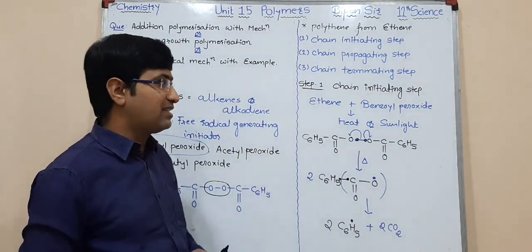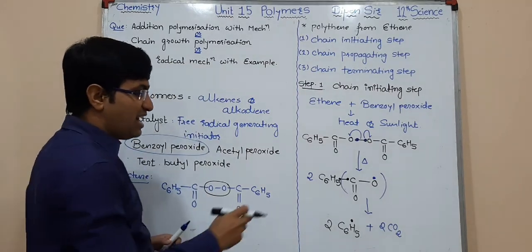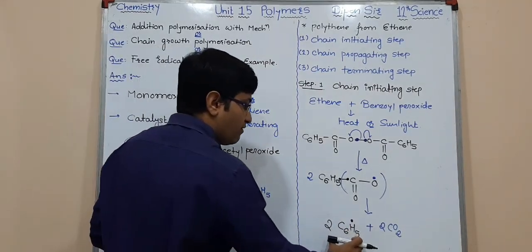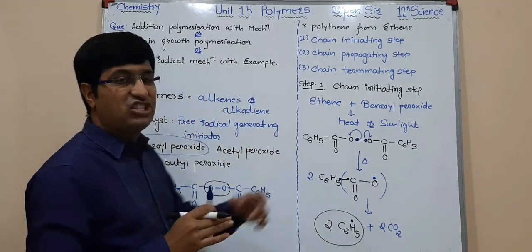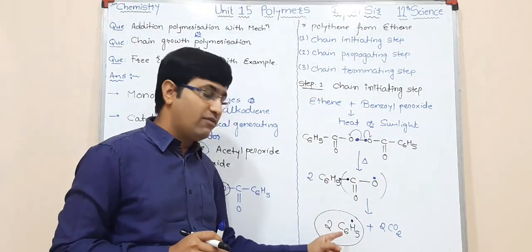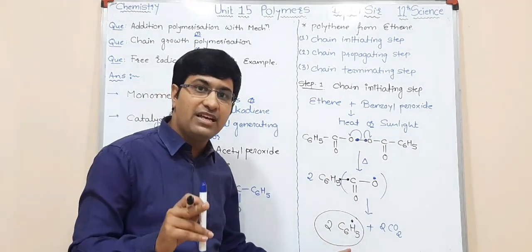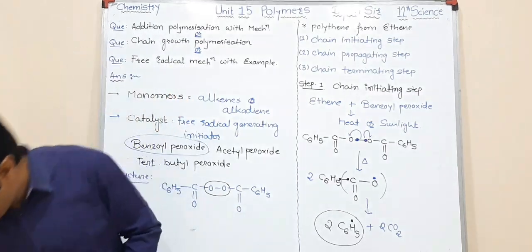So the free radical mechanism starts with the formation of phenyl free radical. Students, this is the chain initiating step. In this step, first of all, the formation of phenyl free radical takes place. Now this phenyl free radical